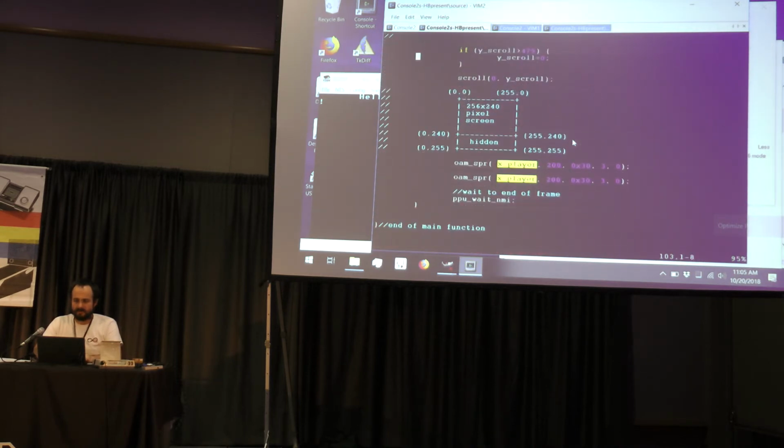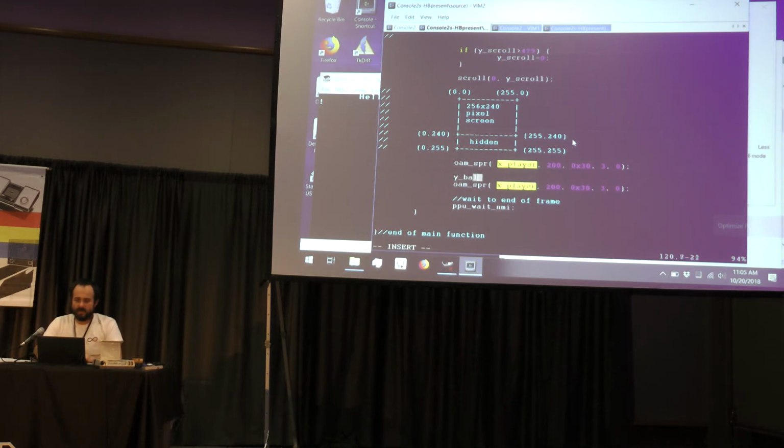So the Y position, right, up and down, let's just have it falling from the screen, right? So that's pretty easy. We can just say Y ball, decrement that every frame. So that we're putting that in the Y variable. And then this is supposed to be the X position of the ball,